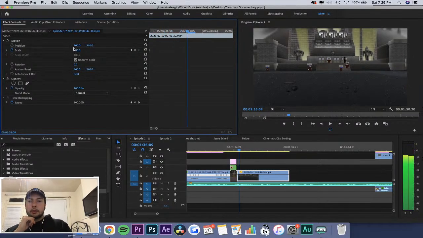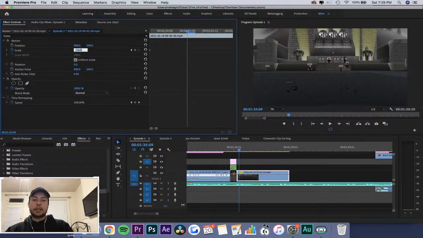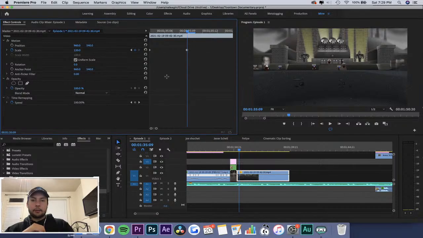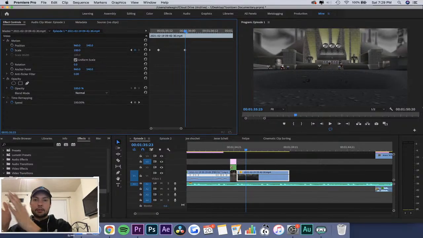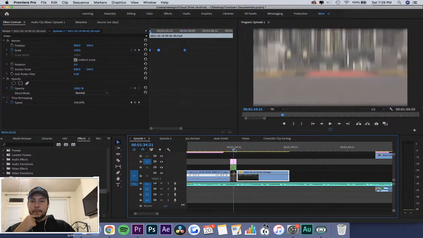Then I'm gonna go out like here maybe, and have most of it drop, maybe to like 115, 120, right? When it's zooming out, it's going from fast momentum to slow, so the first three keyframes have to be fast, obviously, and then the rest have to be slow. And then it drops numbers at a slower pace like that. Looking at this as a visual representation, you can see the momentum here, right?